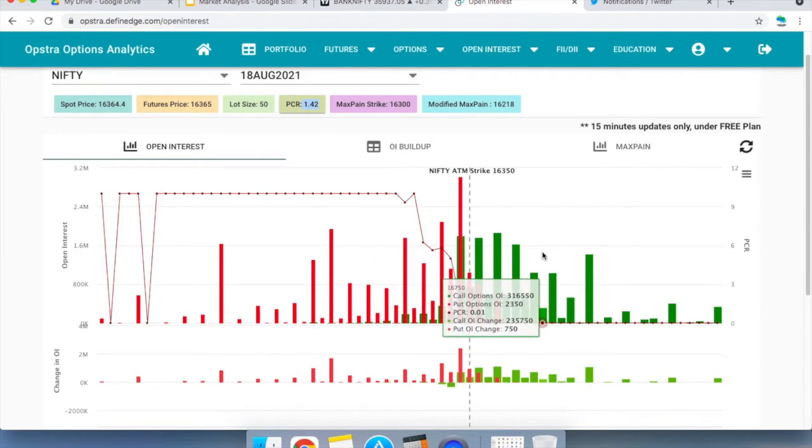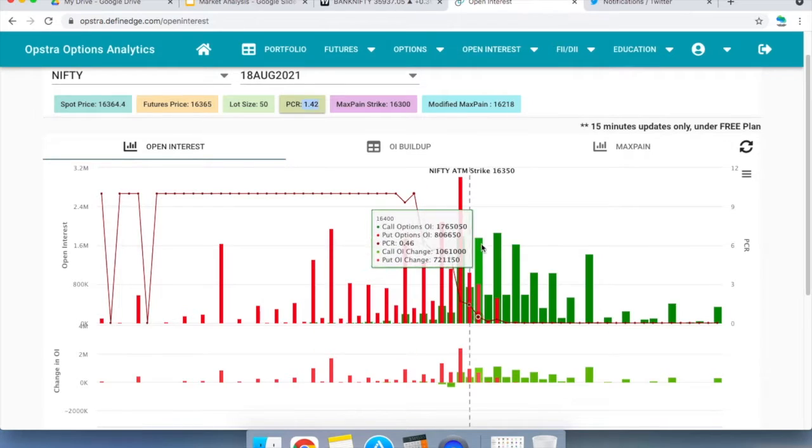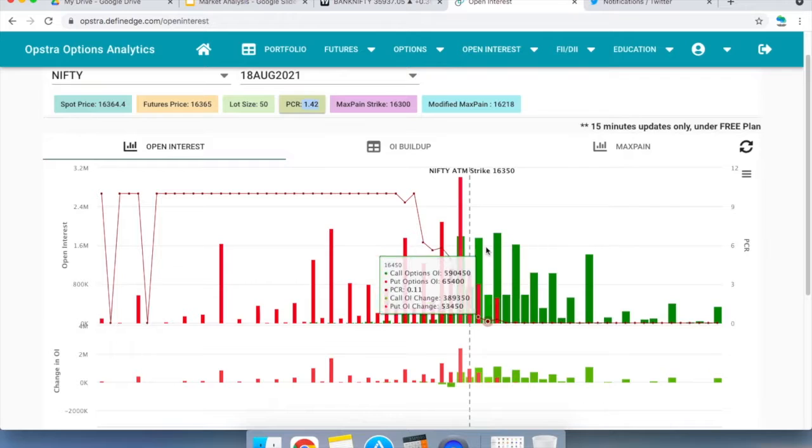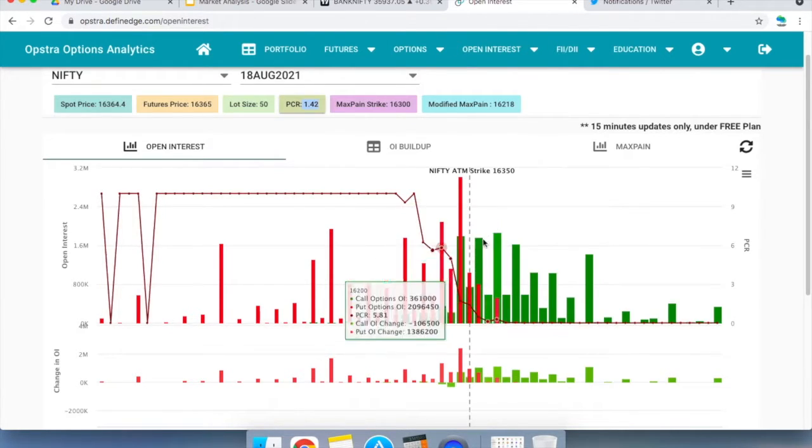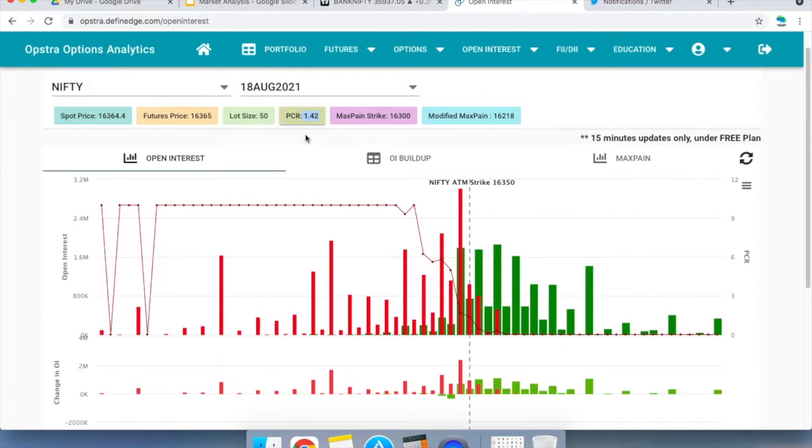That's at 16,300. Now where is the resistance highest? It is also at the same place, 16,300. So after that you have 16,400. Yeah, so the highest resistance call writing is not in 16,300, it is in 16,500. So 16,500 and 16,300. Put writing is more here, call writing is more here. So that is where the battle is most likely going to happen. So this open interest data, as per what is shown for the next expiry of 18th August, is clearly